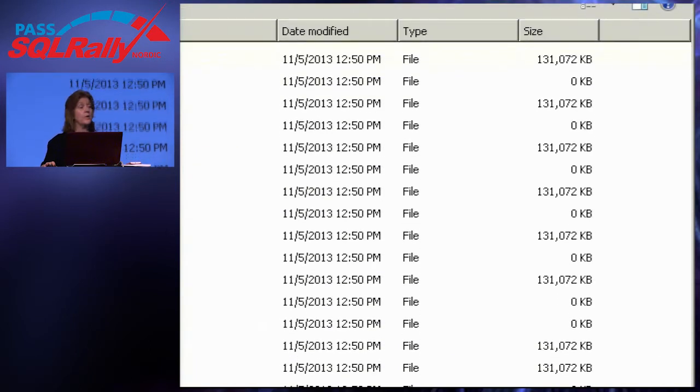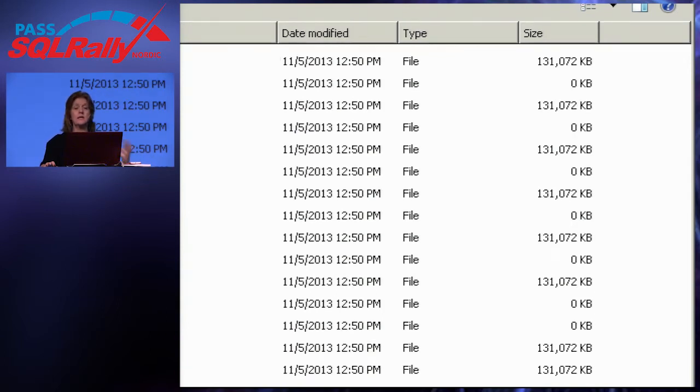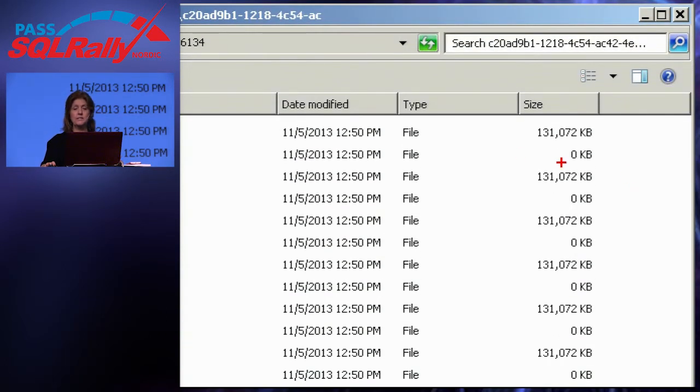Some of them are 128K, which is the basic unit of writing to disk. It's not the maximum size that one of these files can be, but it's the initial size when space is first allocated. Some are not populated yet.